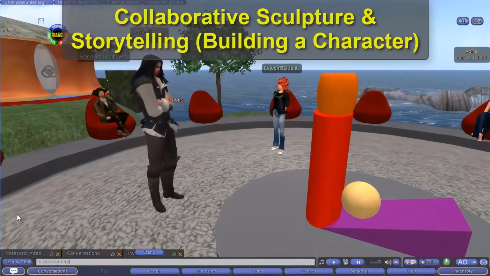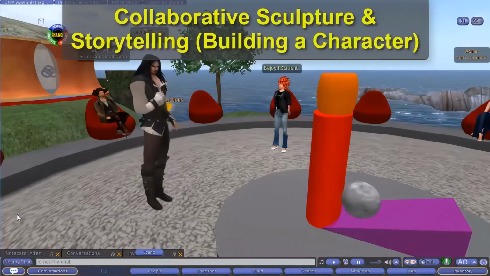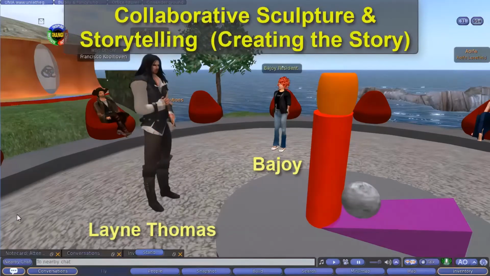Each object may be inspired by what has been placed before, or it may be random. Participants then get together and come up with a story based on the sculpture they have created, which they then present as a group. Okay, so now we've got a character, but we don't know who the character is yet. And this is where the improvisation comes in. So I'd like you to put your heads together and just brainstorm, walk around the object, look at it from different angles and so on, and suggest a name for this character.